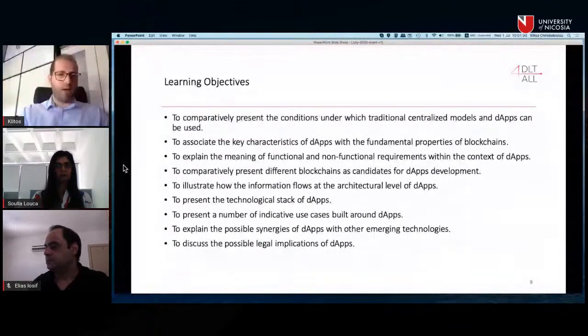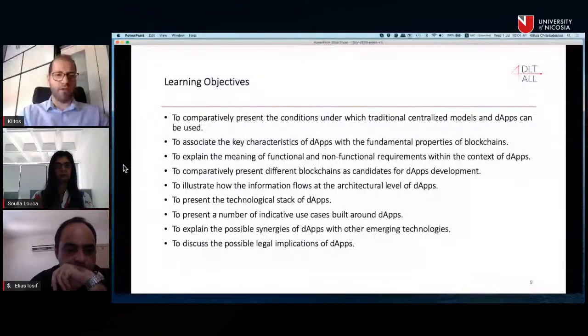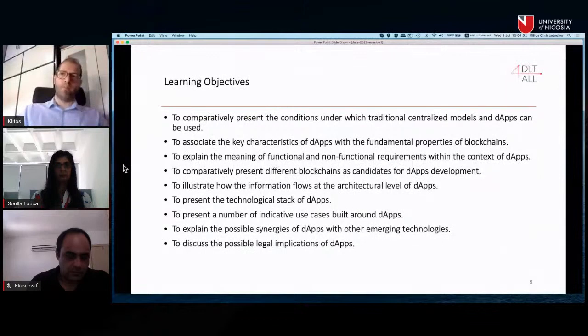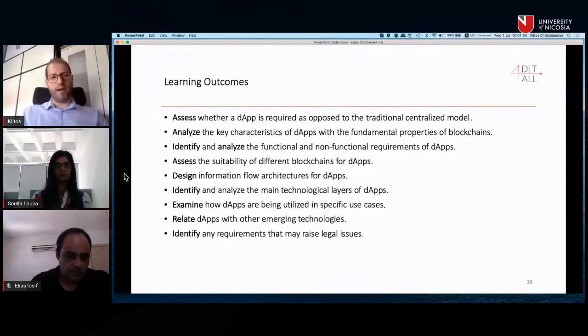And we will be explaining the various synergies between the smart contracts and decentralized applications and other emerging technologies, and discussing towards the end of this module the legal implications of decentralized applications and ethical considerations, etc. So these are mostly an outline of the learning outcomes,